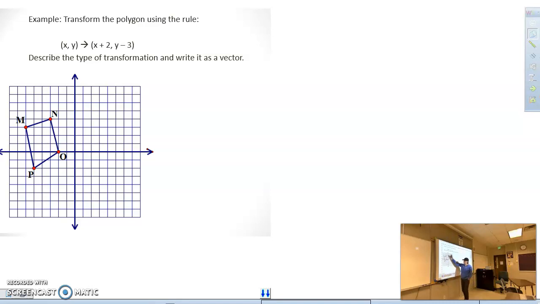Okay, so basically there's 2 ways to go about this. The first way would be obviously take each of those points. So N here is at -3, +1, 2, 3, 4. So -3, +4. And then the new point N, we would call that N prime,